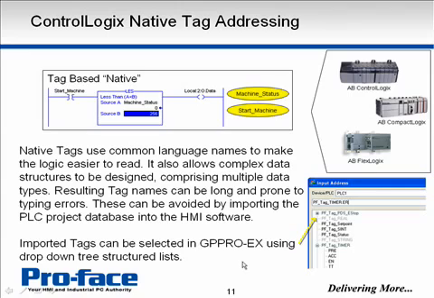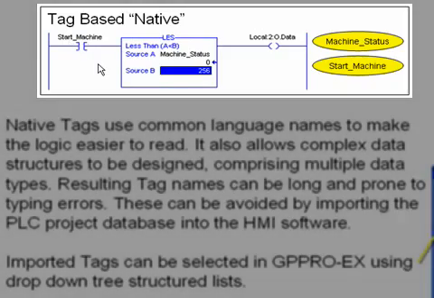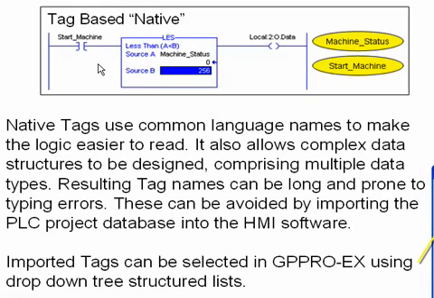Now let's move on to talk about the native tag addressing that you have with the ControlLogix, CompactLogix series from RSLogix 5000. In this case, we have what appear to be symbol names, start machine, but unlike the RSLogix 500 or the SLC-based systems, this is not a symbol that equals N7:0 or whatever. The symbol is the tag. The symbol name is the tag name, and there's no equals,